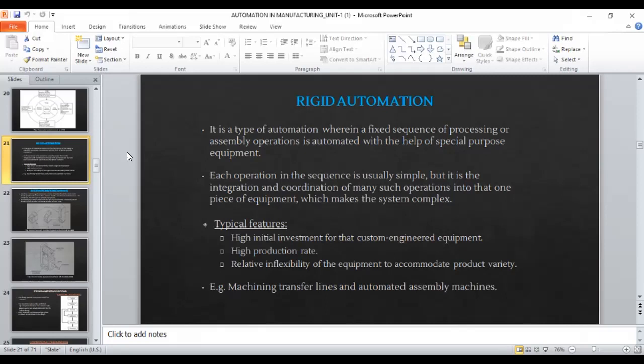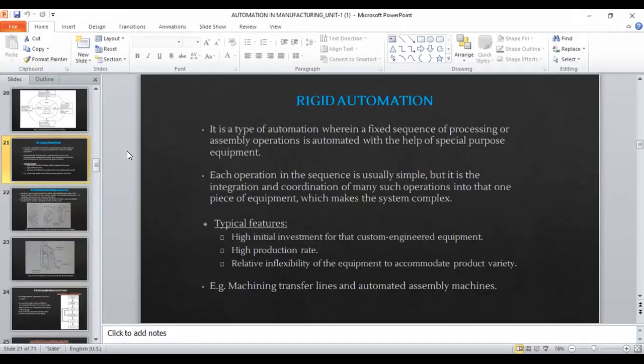In rigid automation, as we had seen, the automation, as the name suggests, is rigid, so there's not much change in the automated setup that we have. Naturally this will be useful for those products which do not have much variety or modification over time, those not subjected to product feature change, or not frequently, maybe in years. So this setup would be useful. Otherwise it becomes very difficult to modify this automated setup that we had designed.